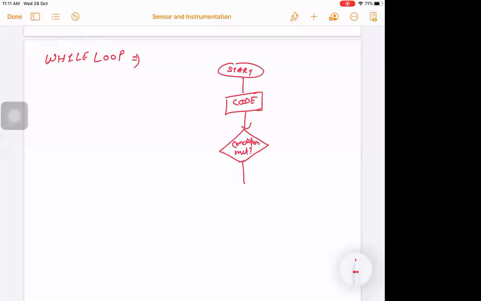If yes, then it goes to the end. If not, then it again runs the code. So this is your flow chart.